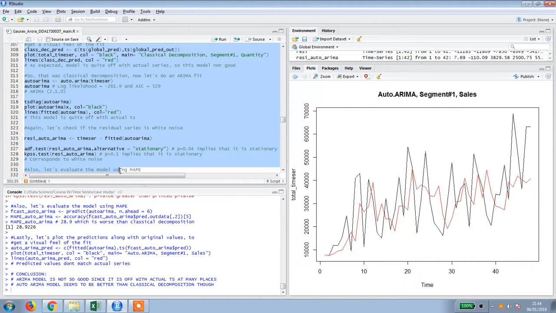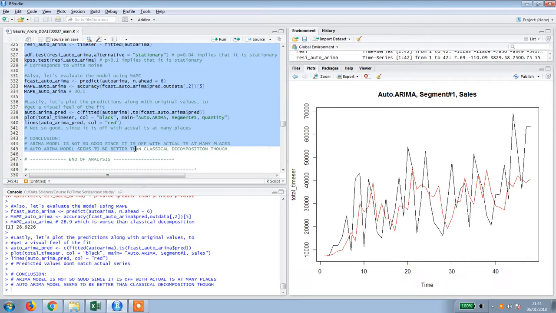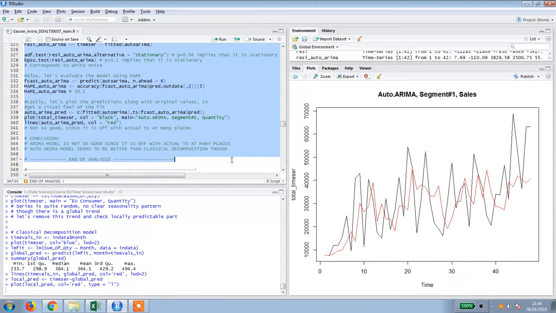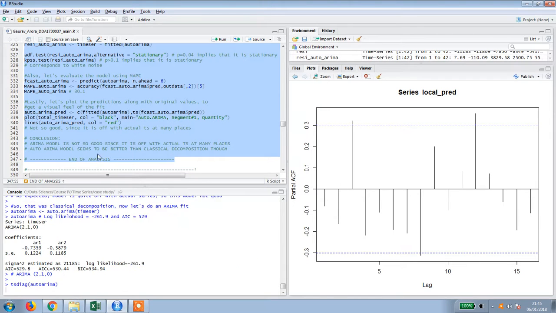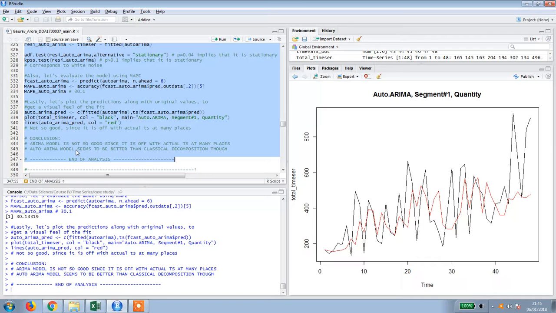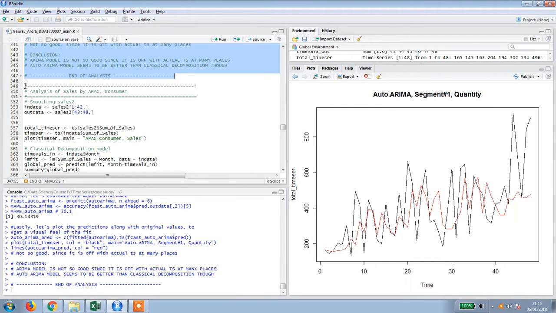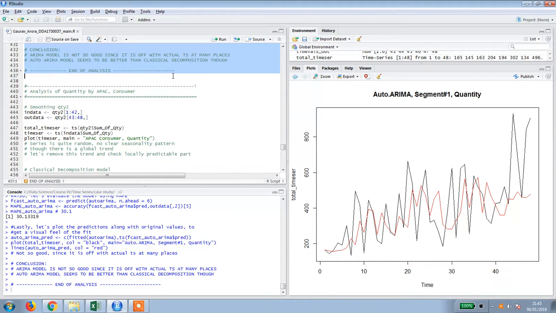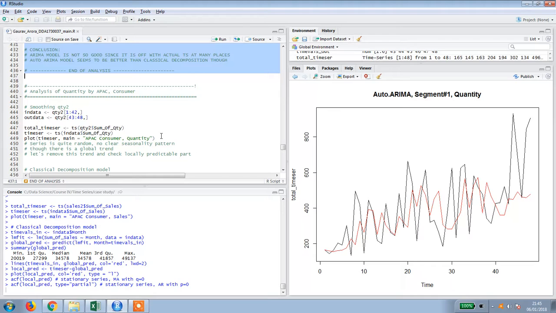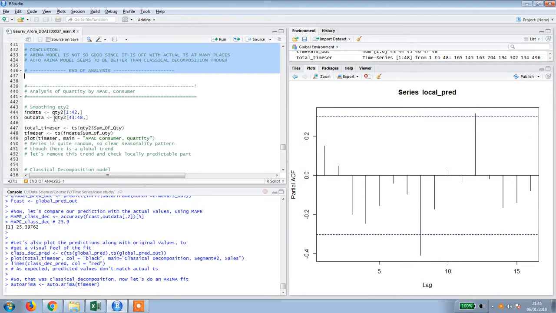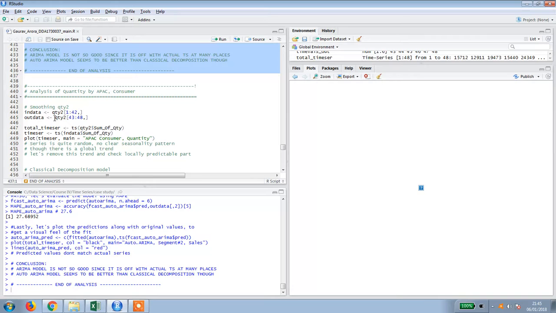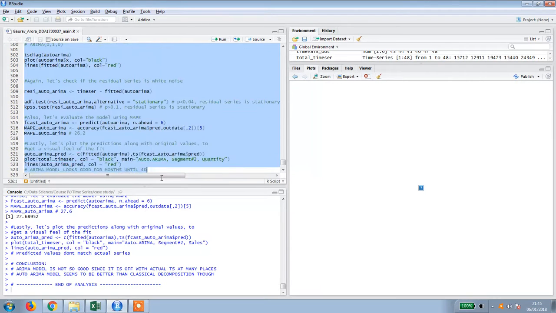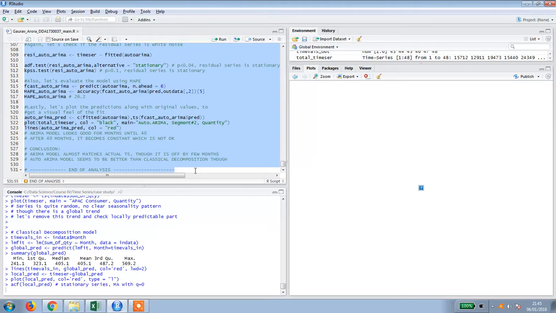Similarly, we do the exercise for the quantity category in segment 1, and here also we see the same trend, and we pick the auto ARIMA model. Similarly, we do it for the sales category in segment 2. And here also we pick the auto ARIMA function. Finally, we do the analysis for the quantity category in segment 2,